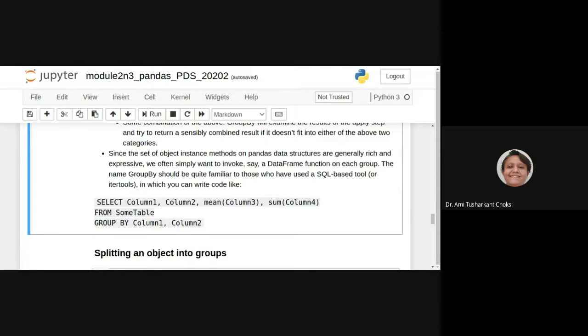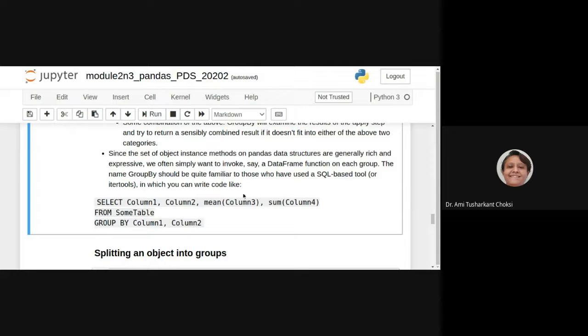Since this set of object instance methods on pandas data structures is generally rich and expressive, we often simply want to invoke, say, a DataFrame function on each group. The name groupby should be quite familiar to those who have used SQL-based tools, in which you can write code like select column 1, column 2, mean of this column, sum of column from some table, group by column 1, comma, column 2.